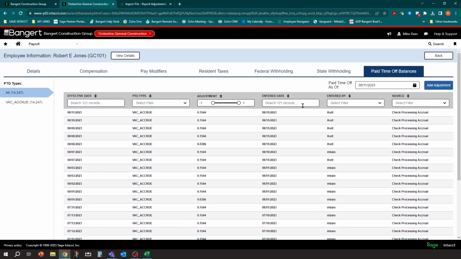You can filter on it. You can do a recap of their history for the year if you want. There's a lot of things you can do on this screen here. You can also date base it. So let's say, what was it as of August 31st? And you'll see here it's the same amount. But if they took a vacation today, as of, you'll see the balance of it.